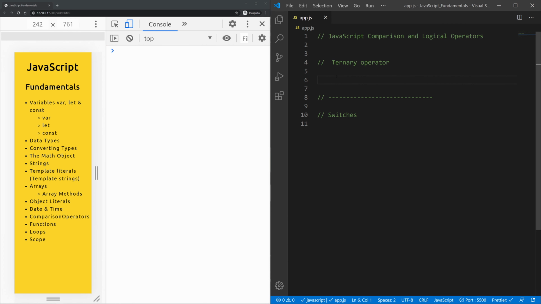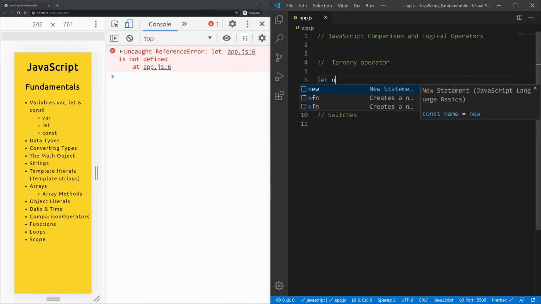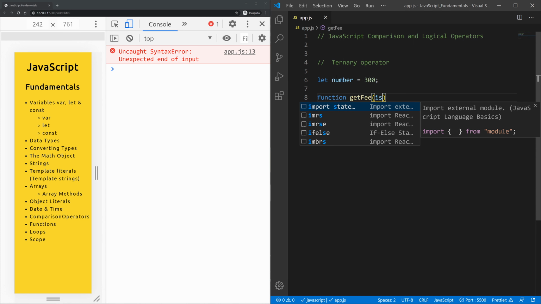So I'm just going to initiate here another let, and let's say number, and we're going to give it the number 300. So we're going back to the Spartans, and I know we didn't learn about functions, but I'm going to use a function here, and let's say getFee. So this is actually the number fee. And let's type in here the argument isMember,